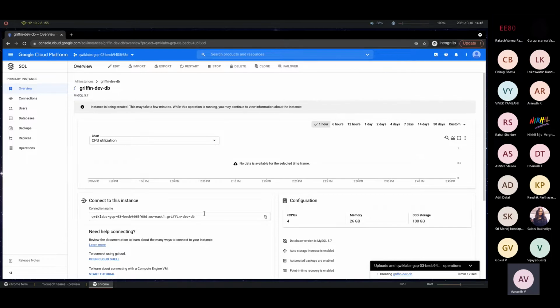This can take a while to get provisioned, because Cloud SQL is an expensive operation. When you create a Cloud SQL instance, Google has to provision a lot of resources. It needs to make sure that your DB is scalable in the long run and so on. So if you would know, there are two broad